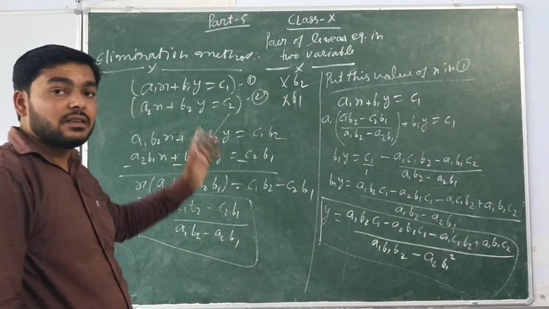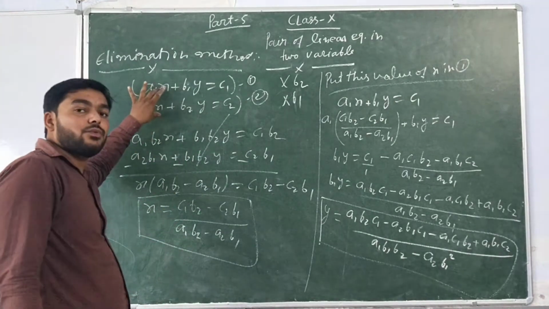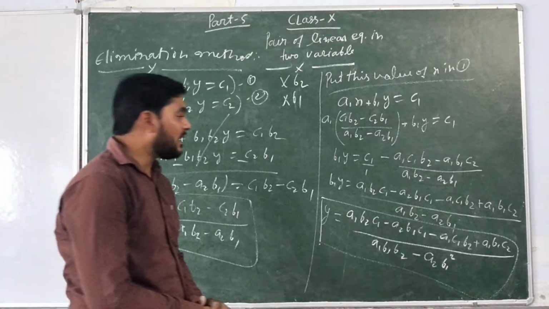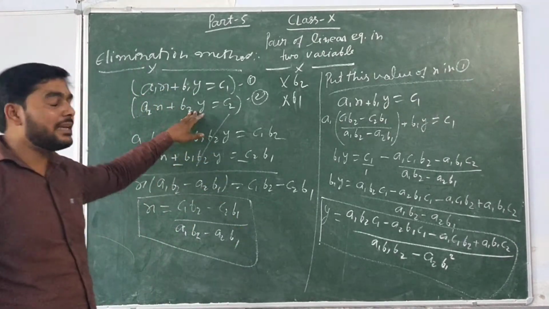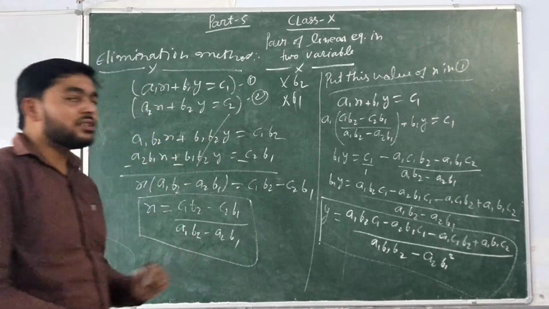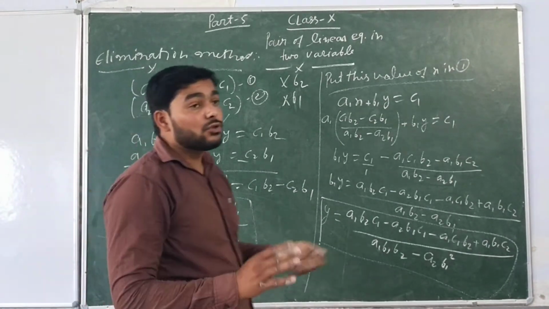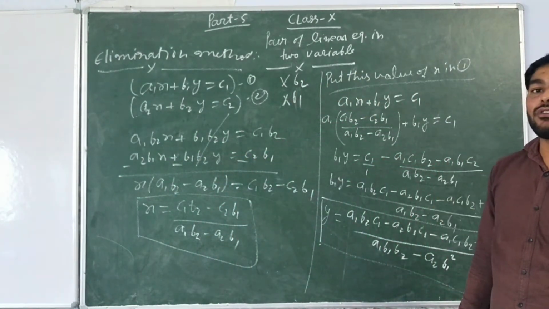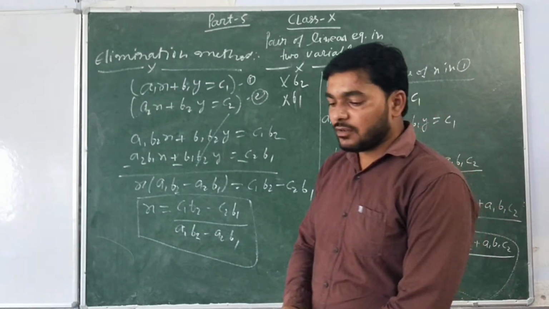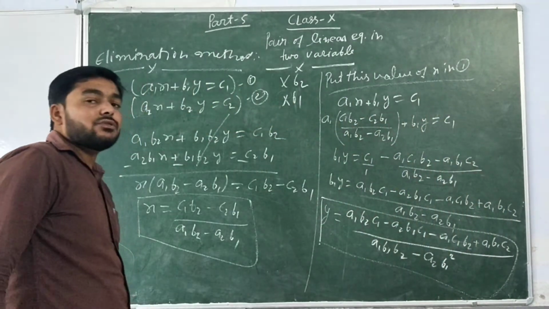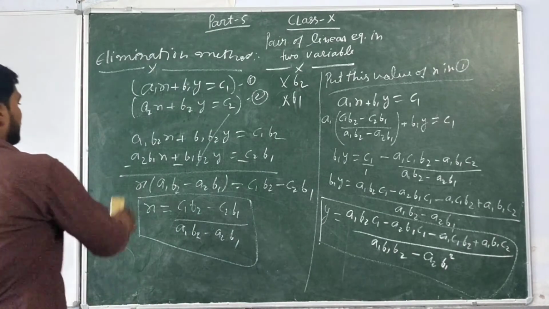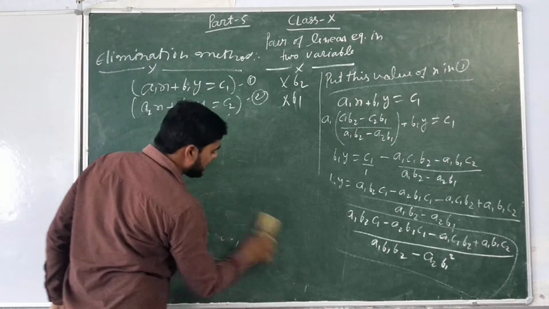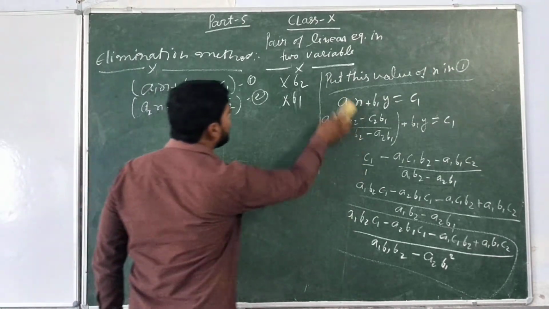From the first method, in which we make the coefficient of x the same, you will get the value of x and y. Here you have to make the coefficient of y the same and cancel out to get the value of x and y. Then with both methods you will get the same value of x and y. There will be no change. Okay. Now, proceeding, we are going to take one example. I will not repeat it. Pause the video and note it down completely.